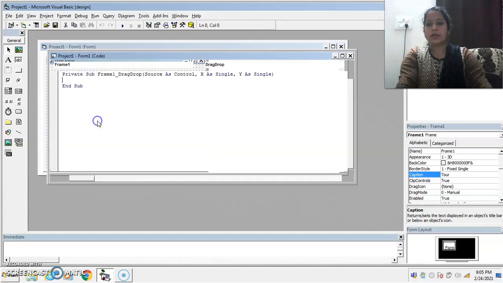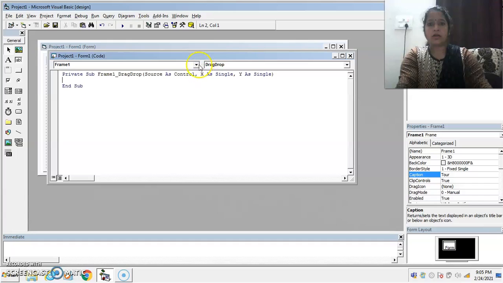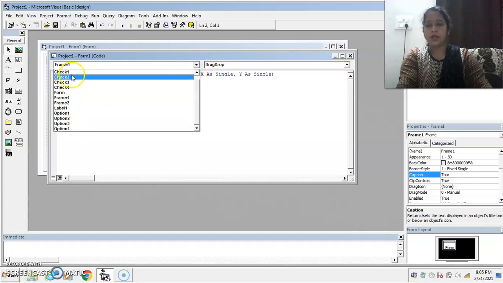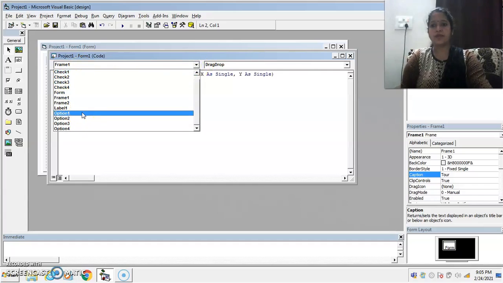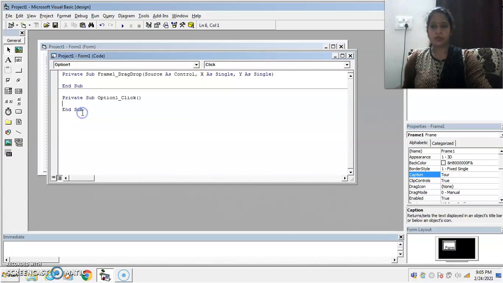So let us enter into the code mode by double clicking here. Now write down the coding for first option button.